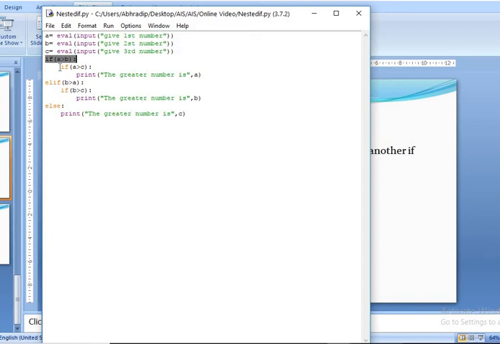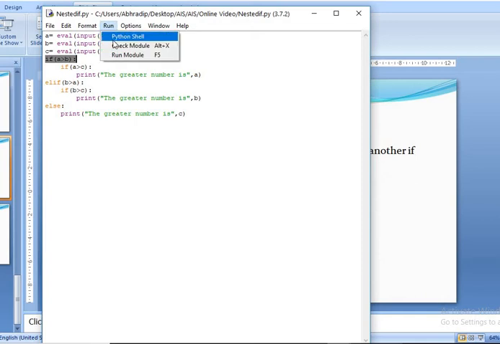If both conditions are true, that B is greater than A and B is greater than C, then the greater number will be B. Otherwise, if both the if and elif are false, then the greater number is C. So I have included another if condition within this if elif. That is why it is called nested if.